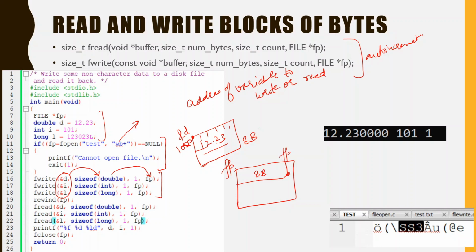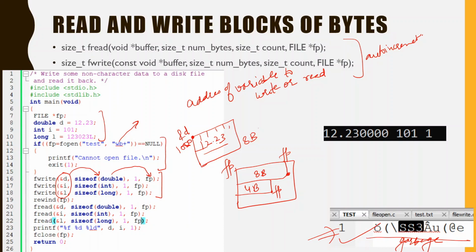Then this integer takes 4 bytes, so the next 4 bytes would be this integer value, but these would be bytes. You can also see that when we open this binary file in a text editor, we see some abrupt values that look like garbage values. Why garbage values? Because these are only bytes, and the text editor cannot interpret these bytes. So these can only be accessed with the help of fread.